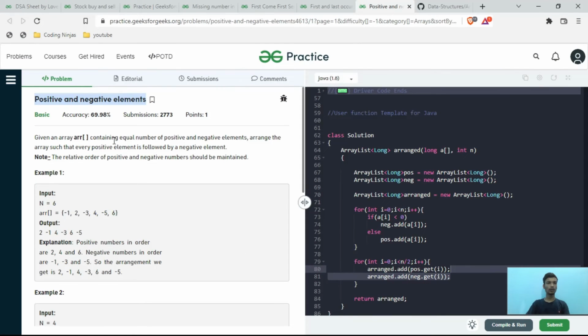So in this video we are going to discuss another problem from array. So let's move on the portal and see which problem we are going to solve today. So the problem statement is: given an array containing equal number of positive and negative elements,